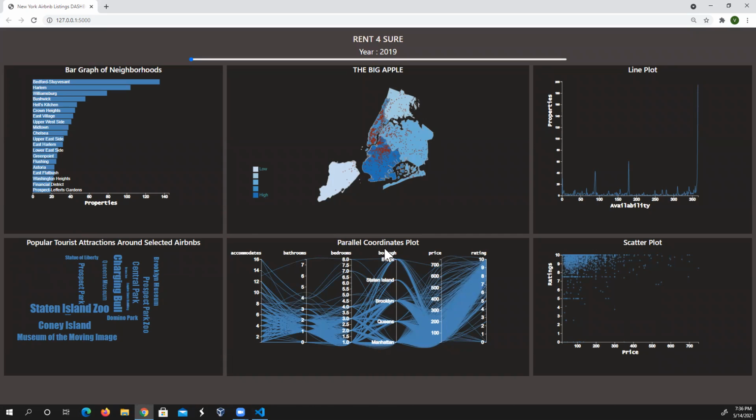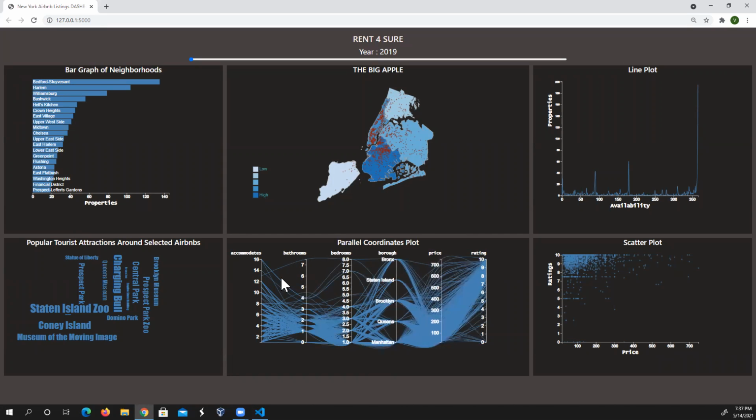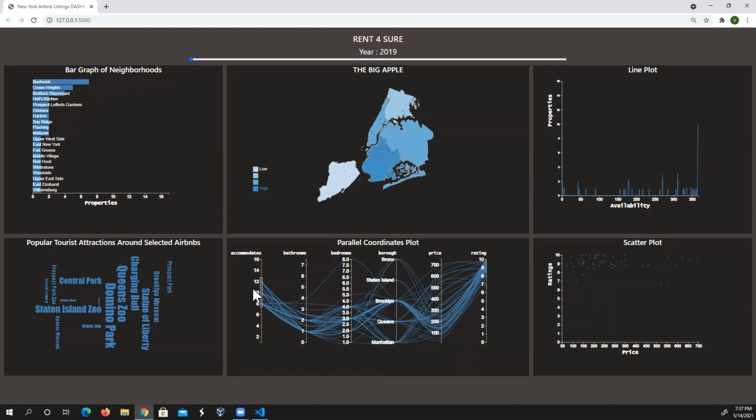This is the name of the borough that the listing is in, and this is the price of the listing, and this is the rating of the listing. And users can even correlate between two features by shifting the axis. We have even enabled the linking feature so that the user can boil down his search preference based on his